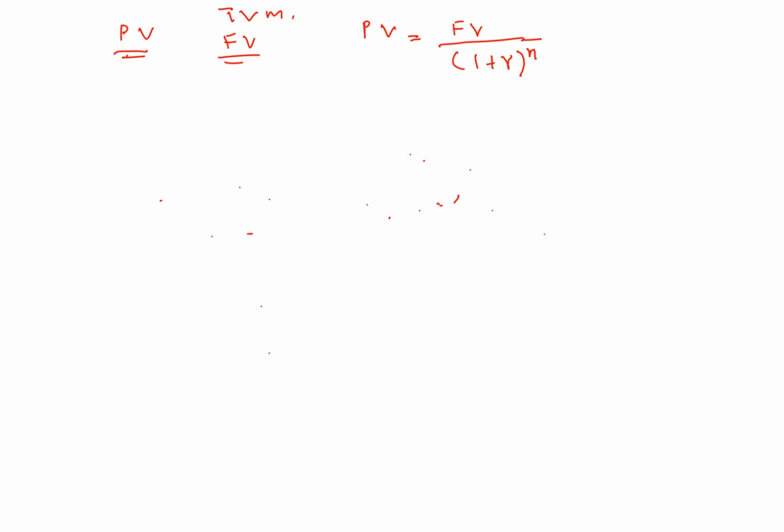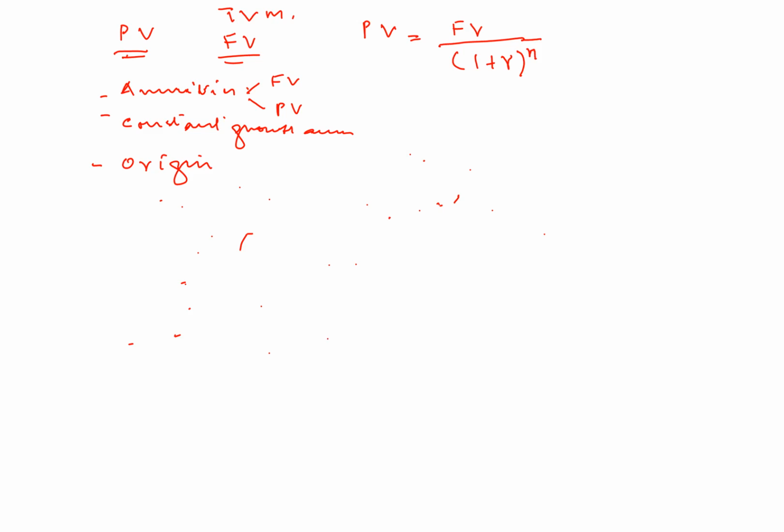Moving on, we discussed annuities. We discussed future value and present value of annuities. We discussed constant growth annuities. We learned how to move away from the origin and how to solve for values of cash flows, required rate of return, or the number of periods, by using our basic assumption, which is called NPV equals 0. So let me consolidate all this